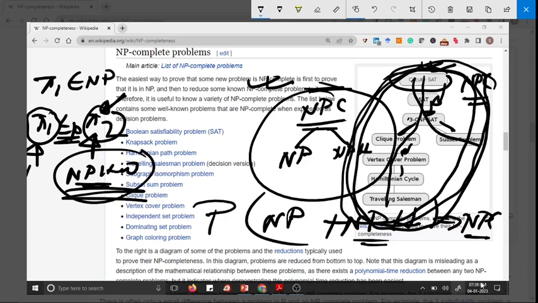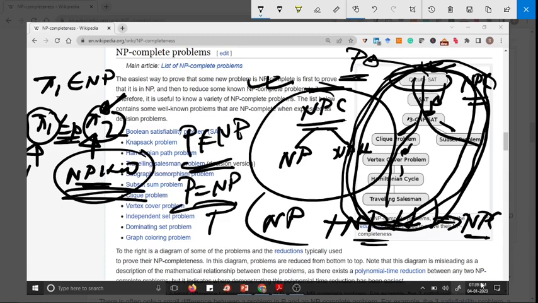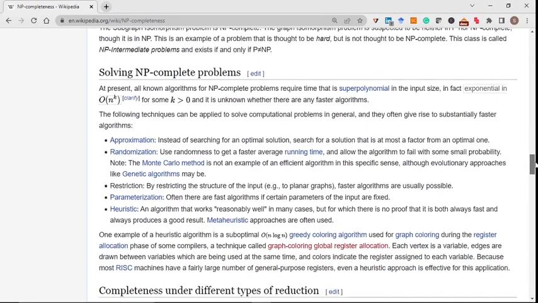This is the property. But nobody is able to take one problem out of it and reduce it to P. That is not happening. Neither are people able to say whether P not equal to NP, nor are they able to say P equal to NP. So everywhere confusion remains. That's why these things happen. So this is the background of the NP complete set.